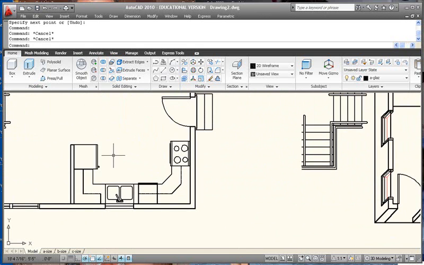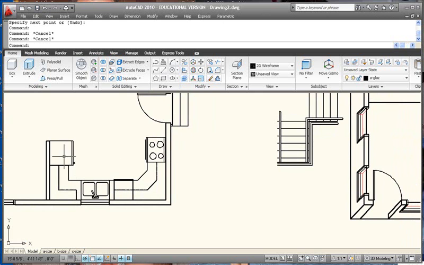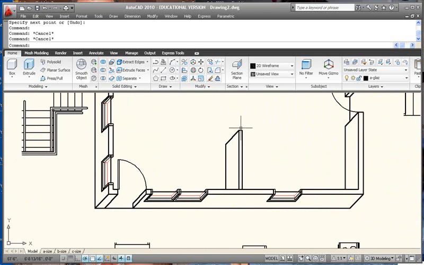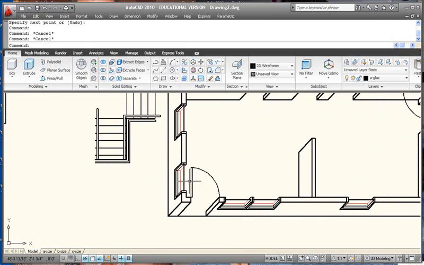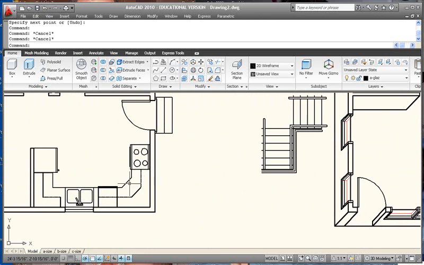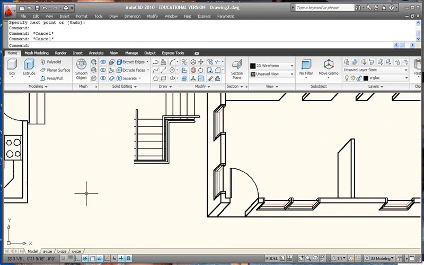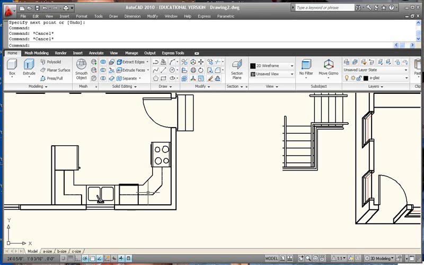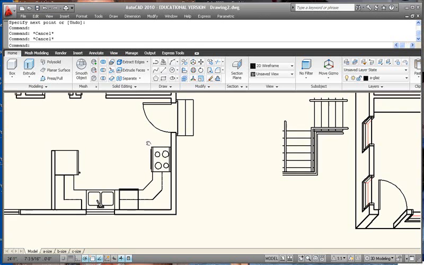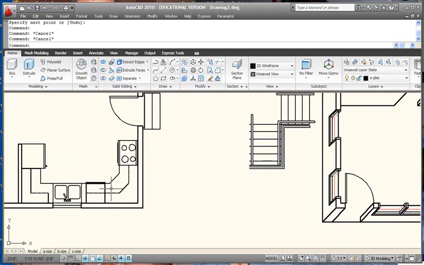The refrigerator would go to 5.5 feet tall, and the cutting plane line is at 4 feet, so we'd actually slice through the refrigerator, and we can kind of represent that if we want to by showing the inside of the freezer, for instance. And then we wouldn't be able to see any of the wall cabinets because they would be above our cutting plane line. So let's start with that. Let's make those 2 foot